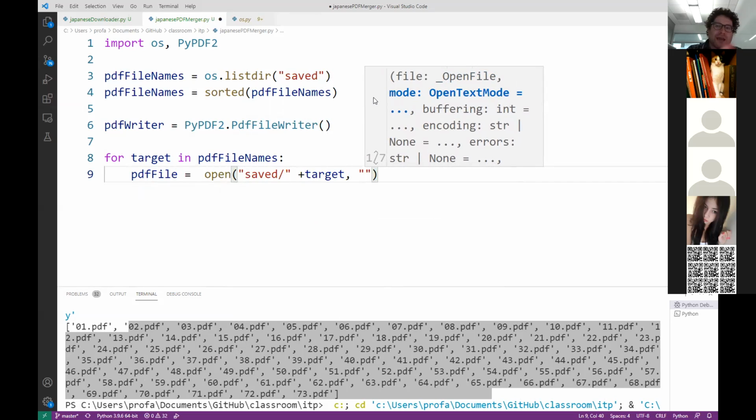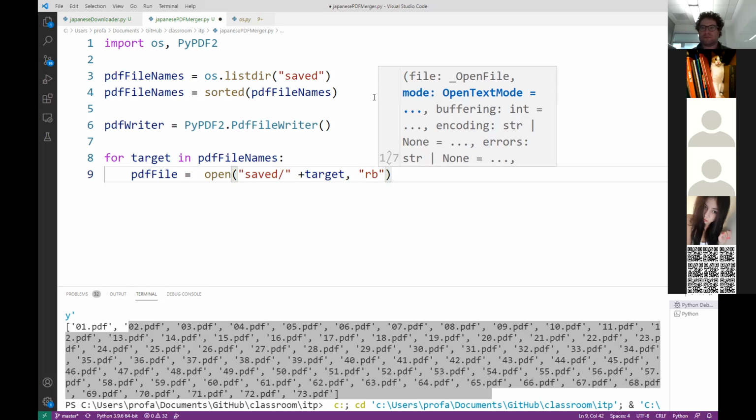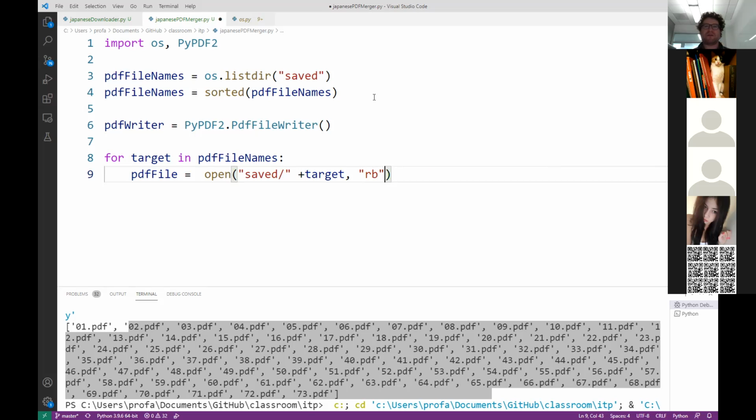It's RB. Okay, so we put RB over here instead of that. Okay, and now what we're going to do is that, however, we can't really interact with this because Python doesn't natively handle PDF